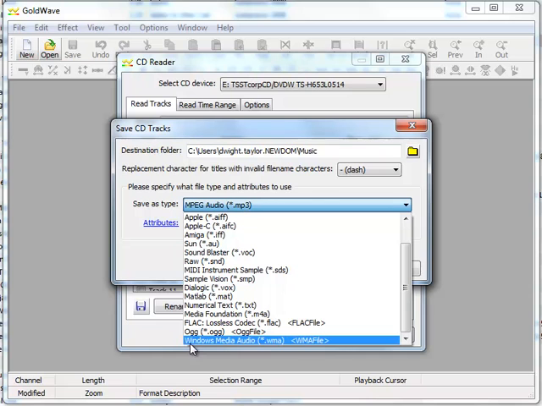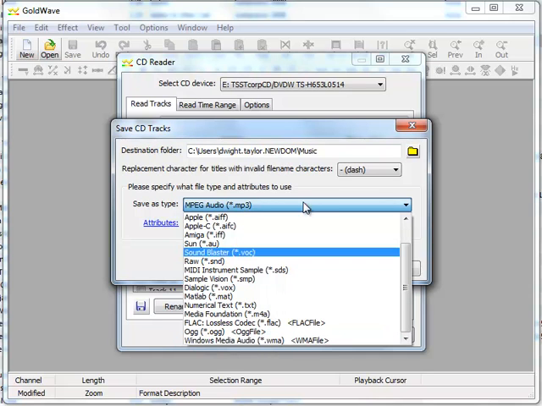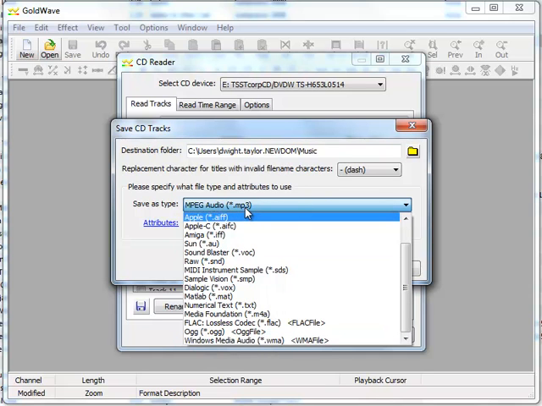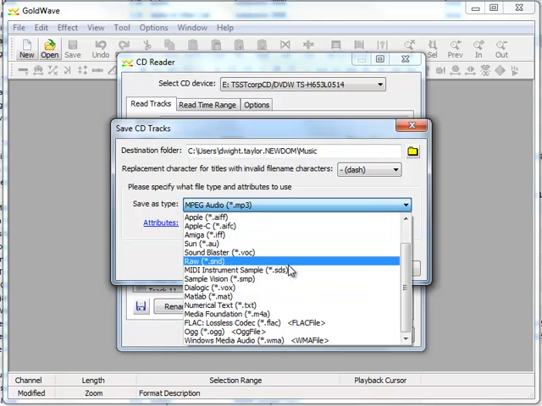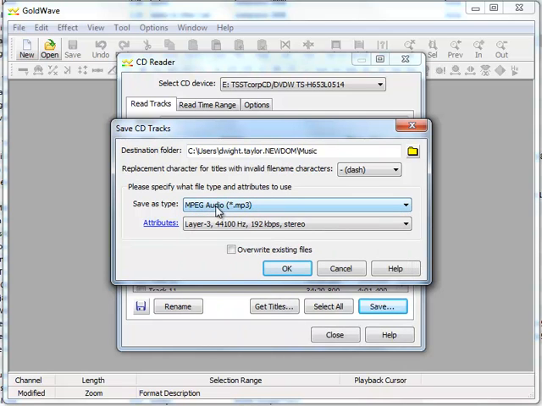Okay, you can see the Windows Media Audio file here and the MP3 file here. So either one of those two formats are appropriate for streaming, but the WAV format and any of these other formats are not appropriate for streaming, okay? Okay, so once you've chosen the MP3 format, you can click OK, and the program will automatically begin saving your